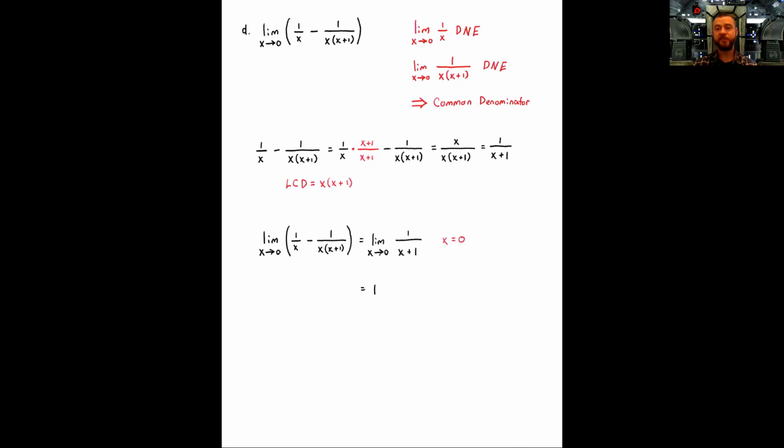Here we're subtracting fractions. The algebraic trick is using a common denominator. Combine those 2 fractions into a single fraction. So we can just use the LCD as x times x plus 1. The first fraction, 1 over x, we would multiply and divide by the missing factor, x plus 1. And then if you multiply and subtract